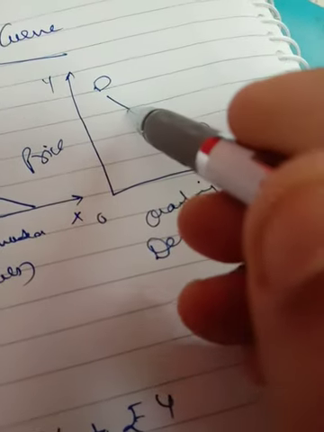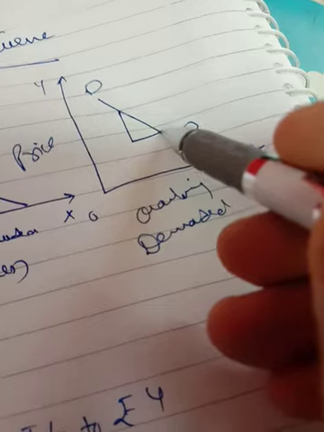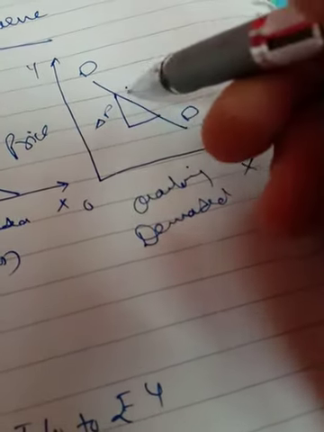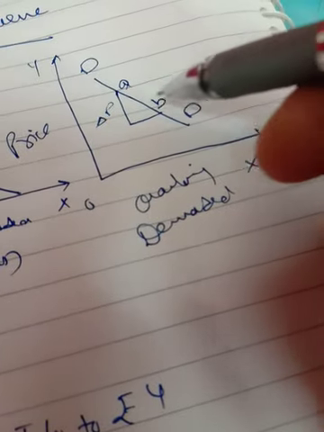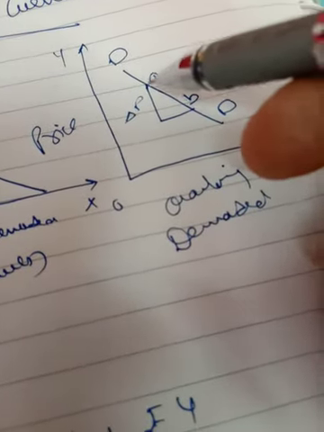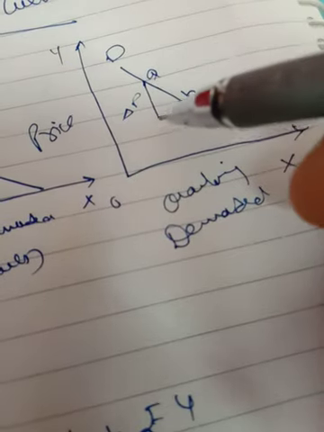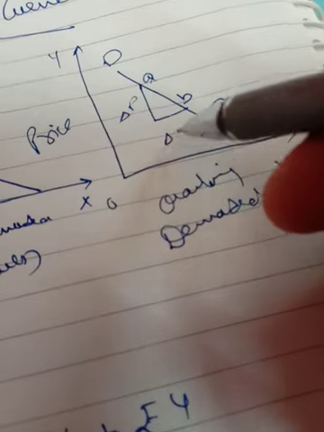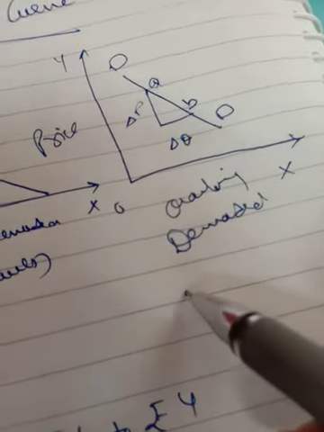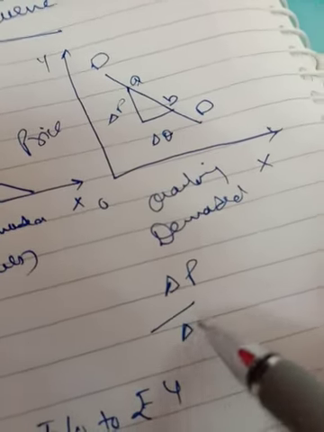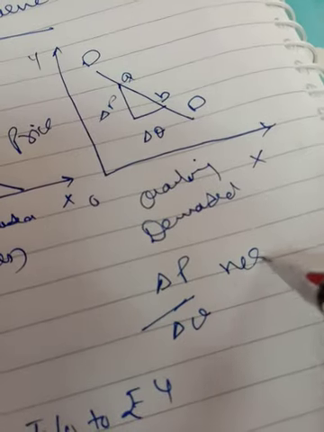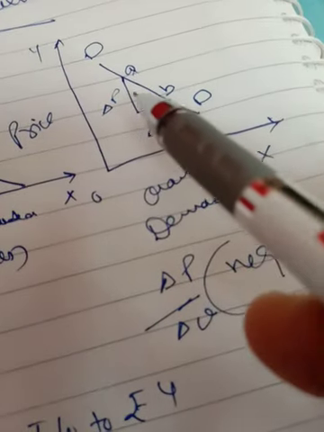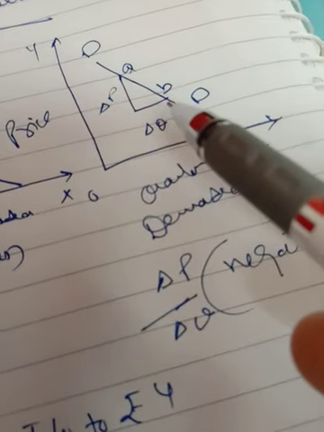So the slope of demand curve is change in P. If we move from point A to point B, there is a change in price, which is shown with this vertical line, and then this horizontal line shows the change in quantity. So the formula is change in P upon change in Q. That will always come out negative. Why? Because there is an inverse relationship between price and quantity demanded. Price is falling, so the change is negative, and quantity is increasing, so that is positive.